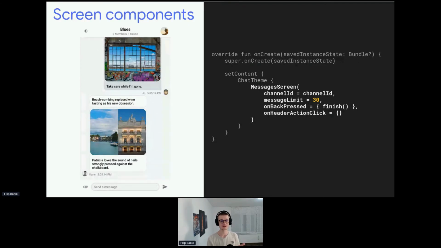You can go through the messages, like scroll through them. There's lazy loading. You can send new messages and send attachments and so on and so forth. So there's a lot of interaction here. As I mentioned, a rich set of experience. Now, to integrate this component, as you can see on the right-hand side, you only have to pass in a few parameters or just write a few lines of code.